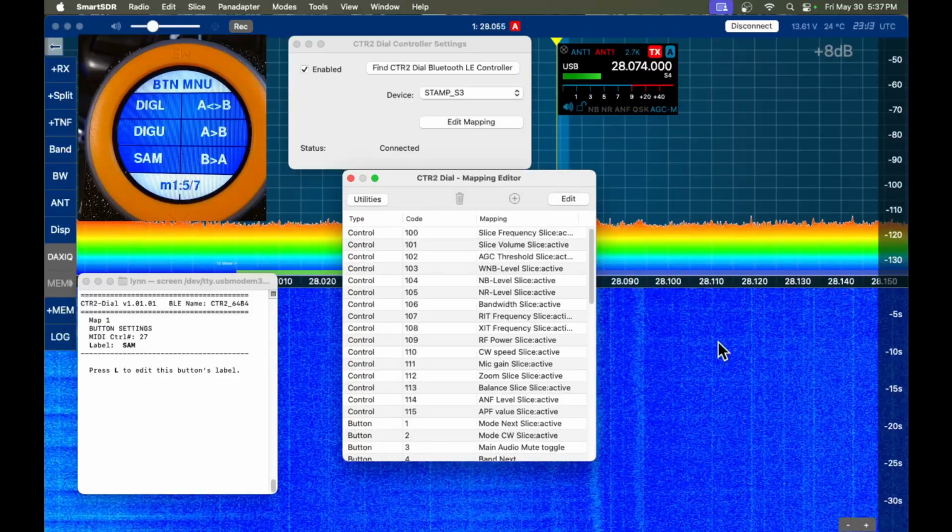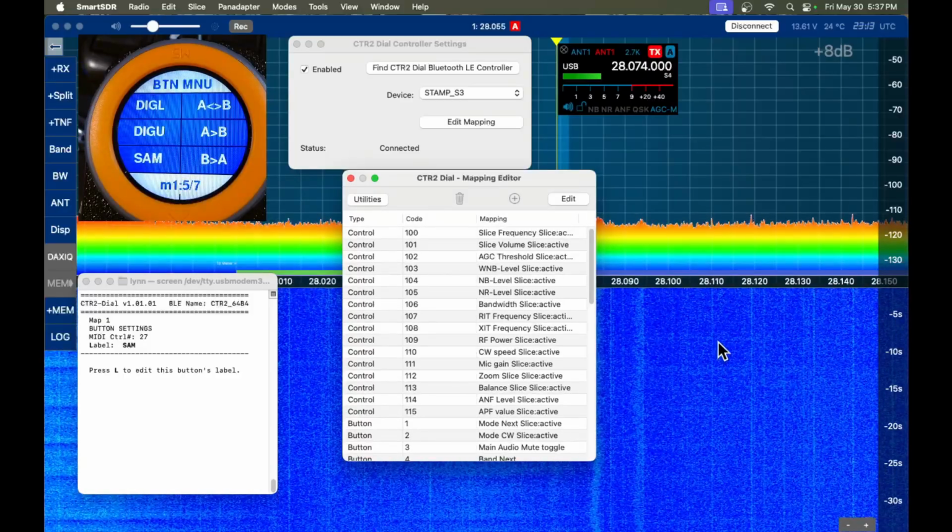I hope this gives you a good idea how the MIDI commands are mapped between the CTR2